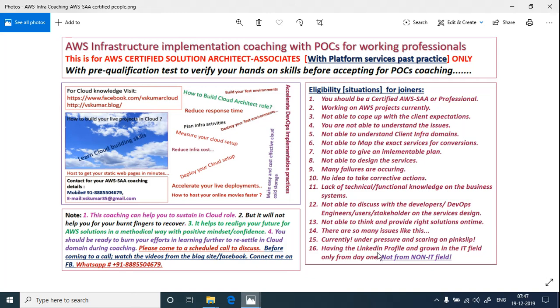So if you have this kind of symptoms, obviously it is an indication your job is at stake. That is one thing. Another thing, you are going to get confused about what to do and when to do. Instead of waiting to come out of the job, step down and learn all these areas by yourself. Or if you feel you are not able to catch up, then you come back for this kind of coaching.